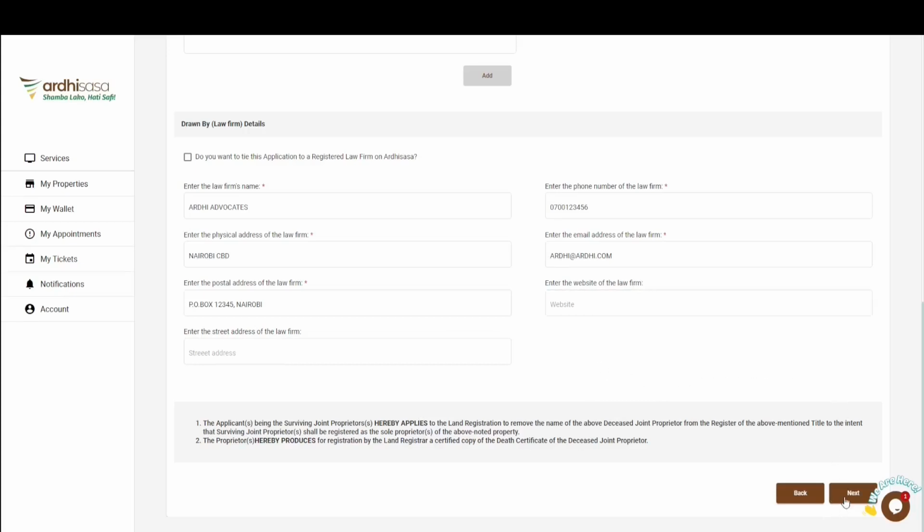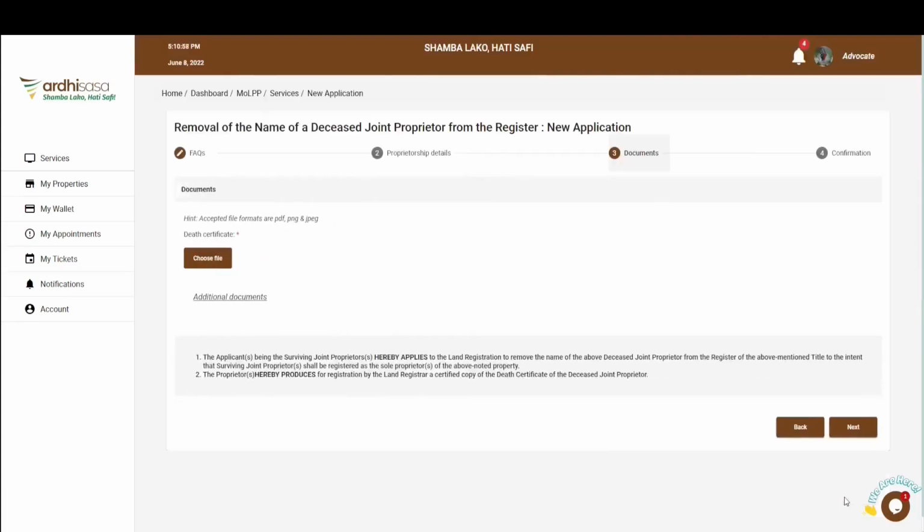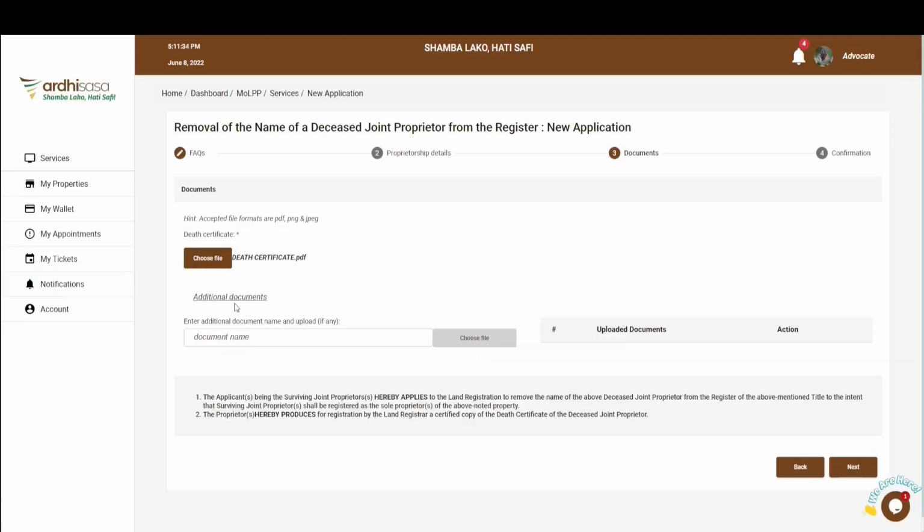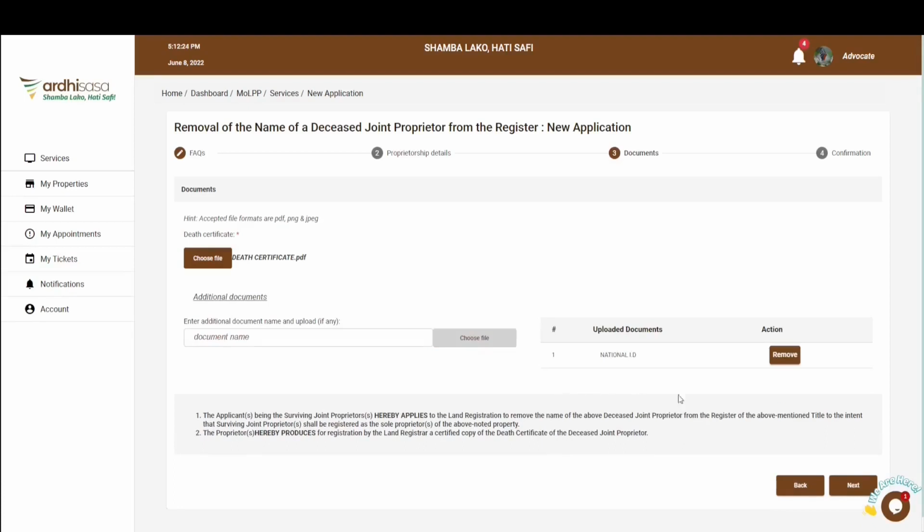You can then go ahead and click on Next, and you'll be navigated to the Documents page where you'll need to upload a scanned certified copy of the death certificate of the deceased proprietor. So go ahead and click on Choose File, and you'll be navigated to your local machine or device whereby you'll upload the document that you have prepared, and the document will be listed against the Choose File button. If you have any additional documents which you feel will support this process, you have the option of providing those documents. If you're satisfied with the documents you have submitted to facilitate the application process, you can proceed and click